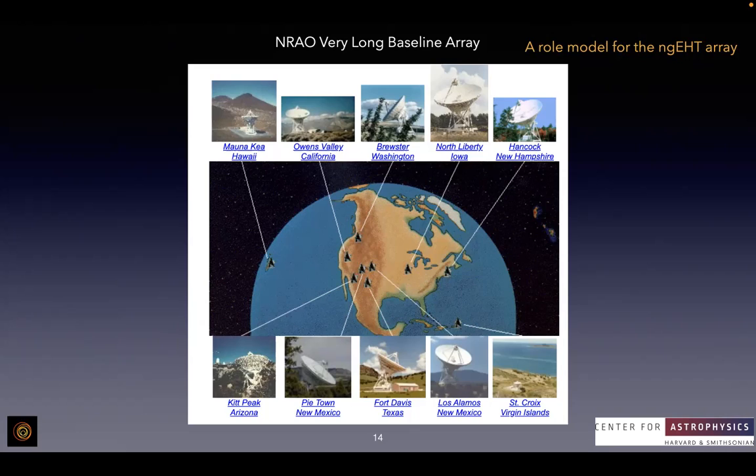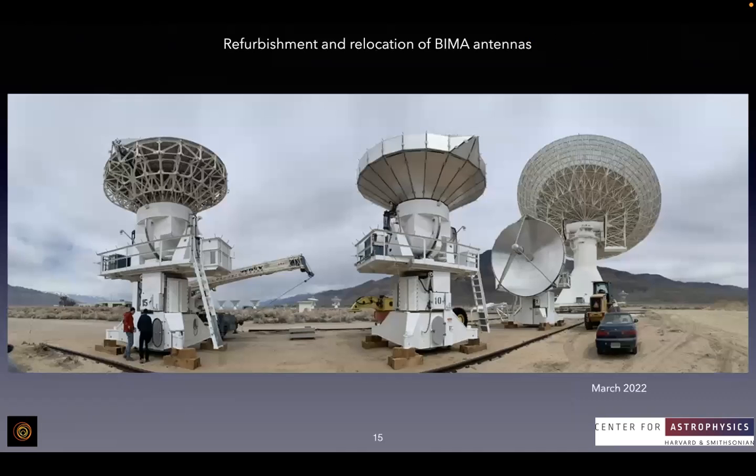The modern operational stuff, not just the antennas, but even the operation part, is something we should try to emulate. The last thing I want to talk about is the BEMA antennas. So here's a picture. I was at the site at Ouro to have a look at these antennas and assess their condition, and try to figure out what refurbishments we need to do to be able to use them for this phase 1